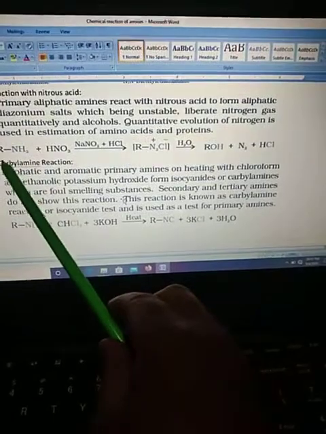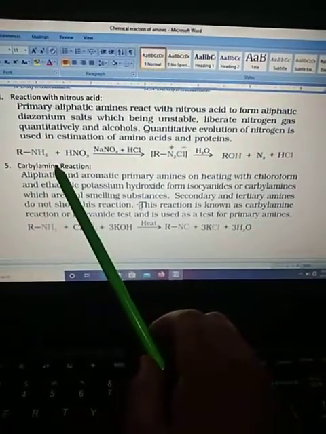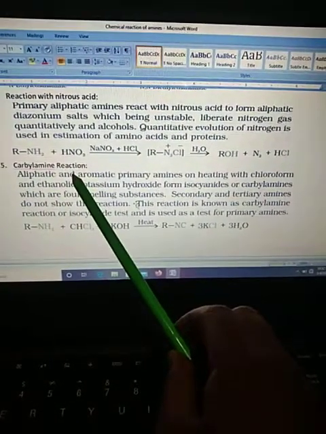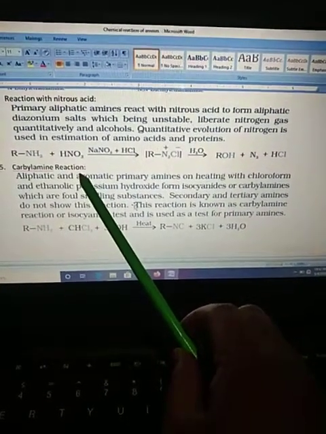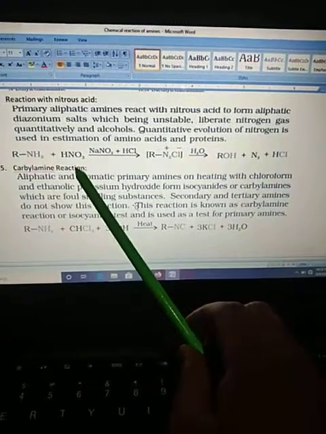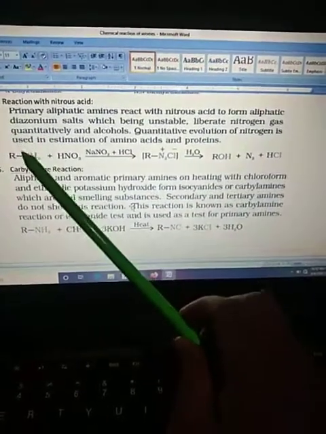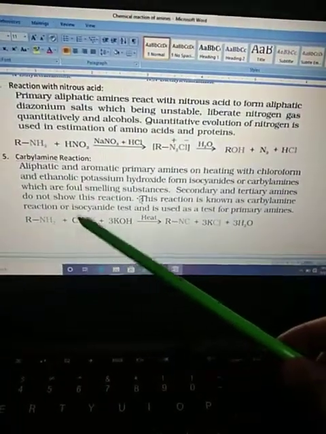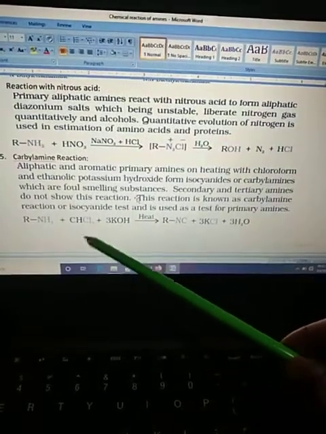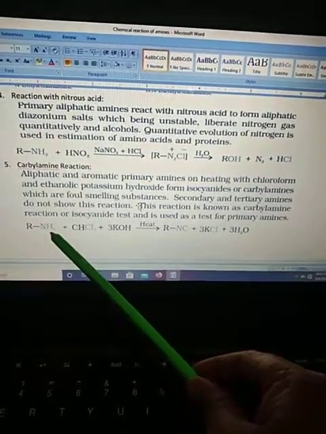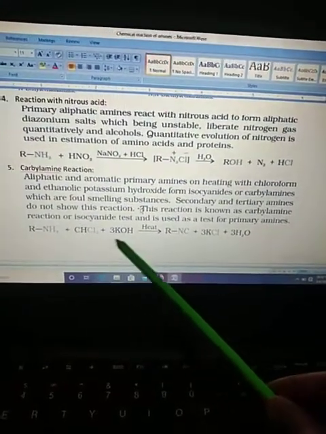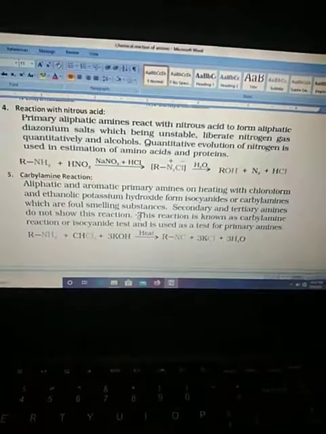Next reaction, we have a very important named reaction, that is the carbylamine reaction. If you remember this reaction, we have studied this in the first chapter of organic chemistry, alkyl halides and aryl halides, in the reaction of chloroform. So once again the same reaction has been repeated over here. In this, if you have aliphatic amines or aromatic amines, when treated with chloroform in presence of alcoholic KOH,